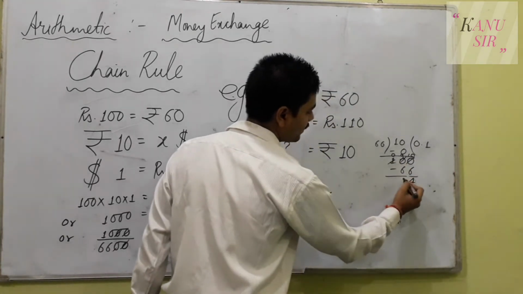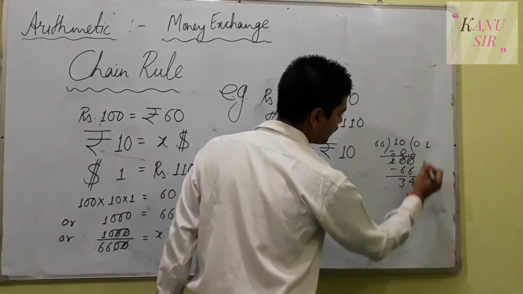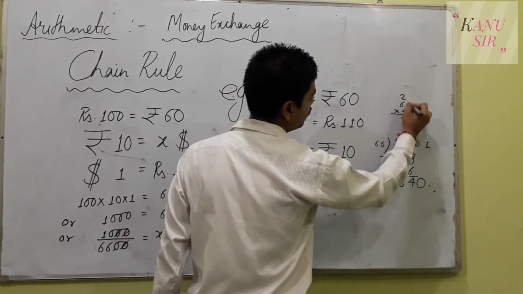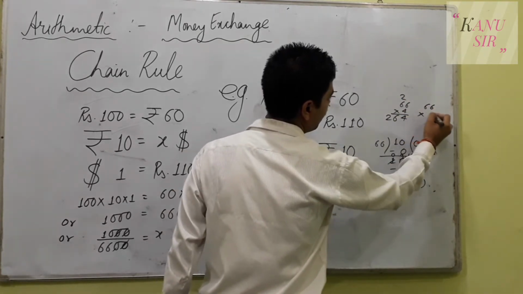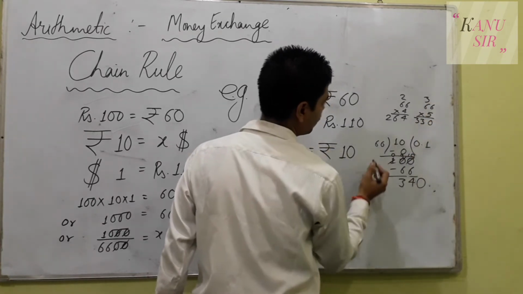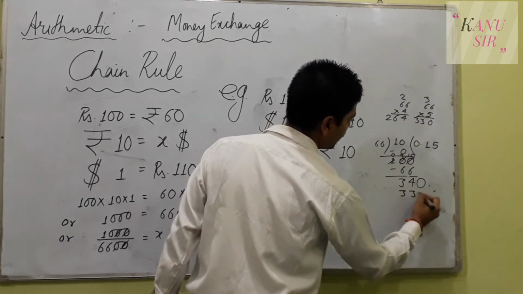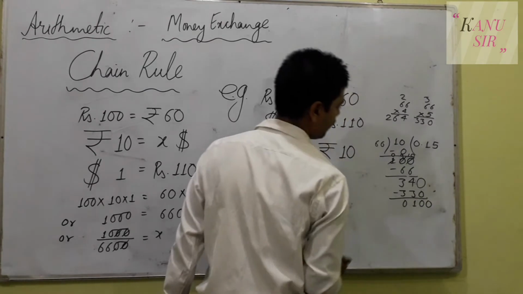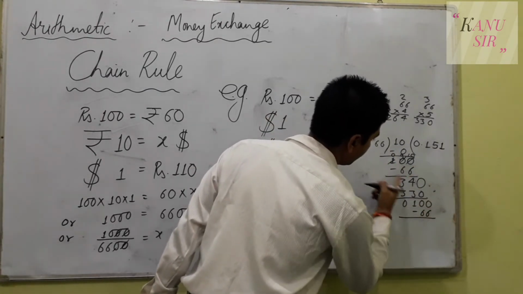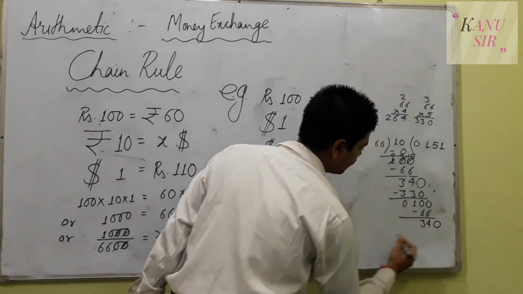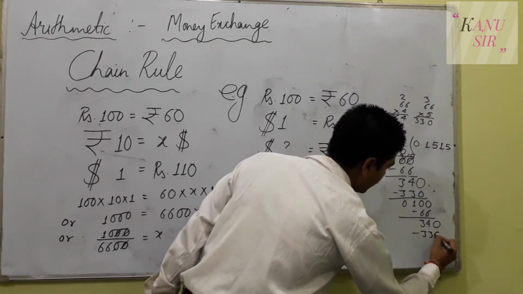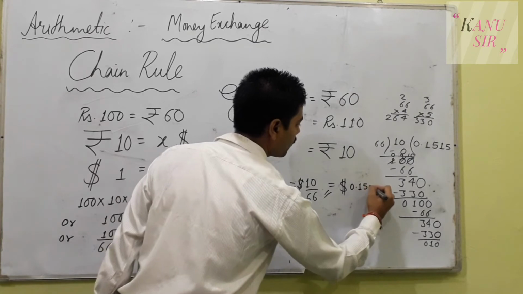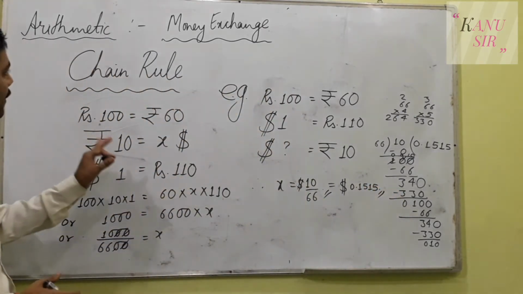10 times 6, 4, 9 times 6, 3, and automatically here comes another 0 because of the decimal, and 6, 5, 6, 3. 6 by 4, 6 4s are 24, 2, 26, or 66 times 5, 5 6s are 30, 3 5s are 30, and 3, so 66 times 5 is 330, then 0, 1, 0, so 0.15, and still you can put 0, then times 1, and you will get 66, and again you will get 34, and again you can put 0 minus, again you can write 5 times, then you will get 330, and it will keep continuing in the same manner, so you can write 0.1515. So in this way we apply the chain rule.